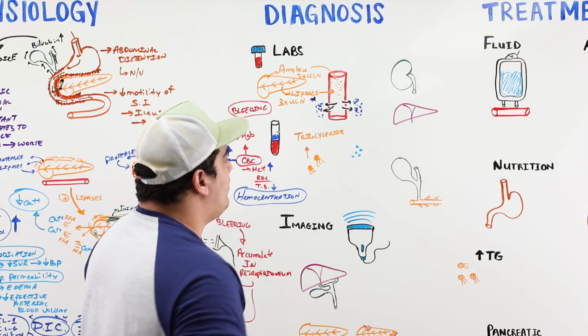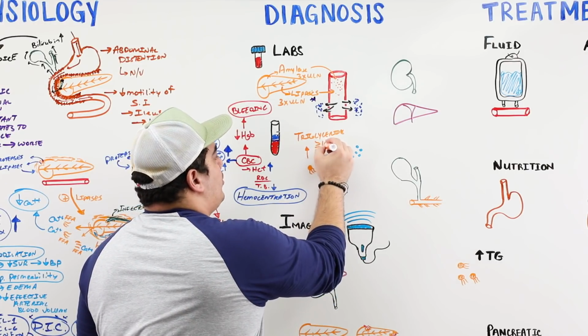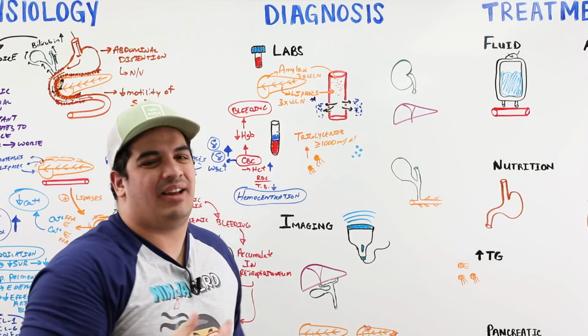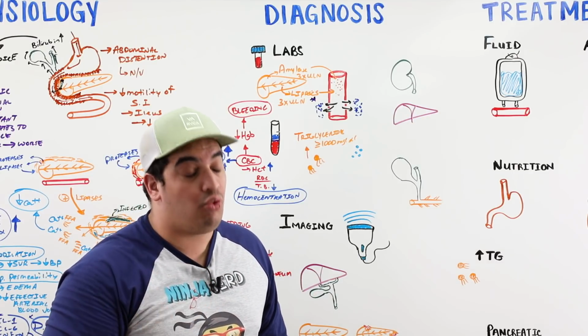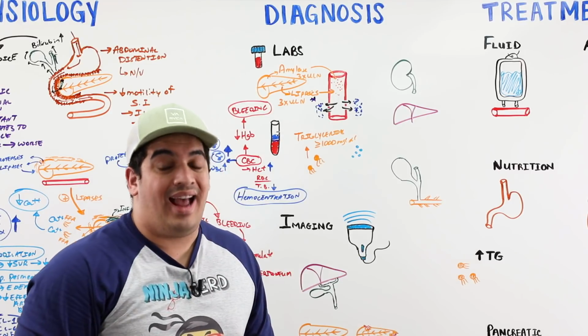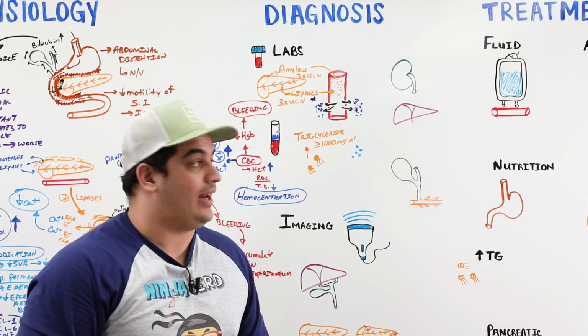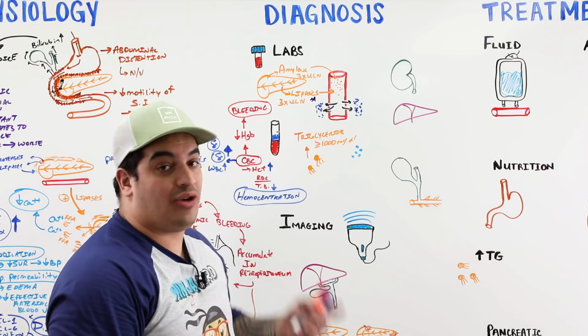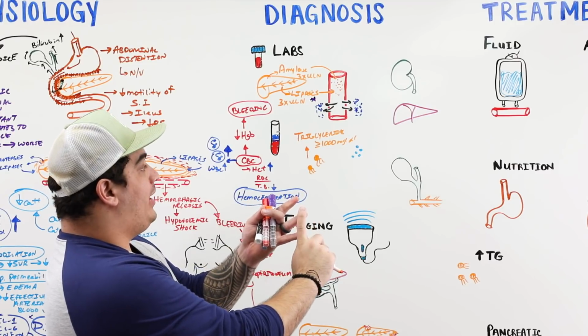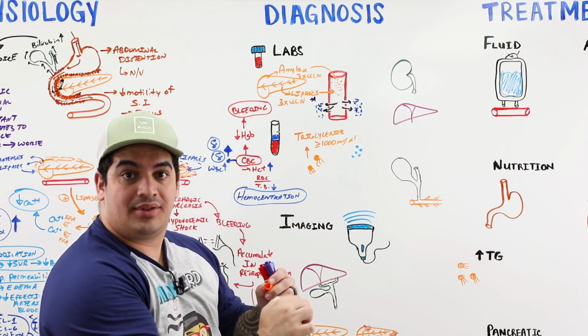The triglyceride level actually has to be greater than or equal to 1,000 milligrams per dL to be significant enough to cause pancreatitis. So you have a pretty good hypertriglyceridemia. If you see this, greater than that, it's probably the cause of their pancreatitis. So that's another thing I'll do. I'll check their triglyceride level. So I'll send off for a CBC, I'll check their amylase and lipase, I'll check their triglyceride levels,